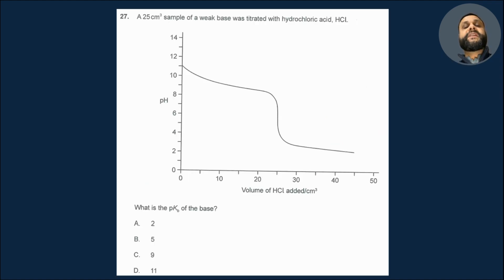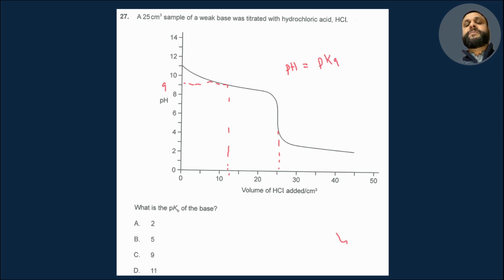Question 27. A 25 centimeter cube sample of weak base was titrated with hydrochloric acid, HCl. So what we're looking for here is the half equivalence point. The volume added is 25, half of that will be 12.5, which comes somewhere in between here. So if we read from here, pH will be 9, because pH at half equivalence point is equal to pKa,